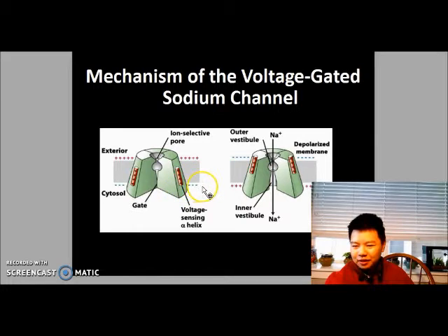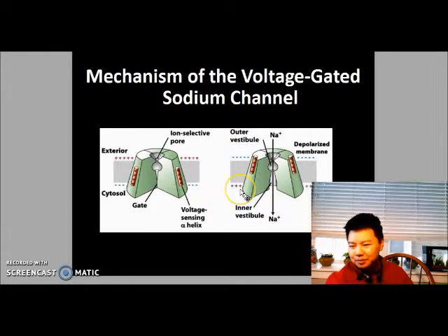And when the membrane has a negative potential, where it's more negative on the inside, there are two sections of the protein called voltage sensing alpha helices that hold the gate closed. They're attracted to this negative charge inside the membrane, and so they stay on this side and they're holding the gate closed. When the cell reaches threshold value,